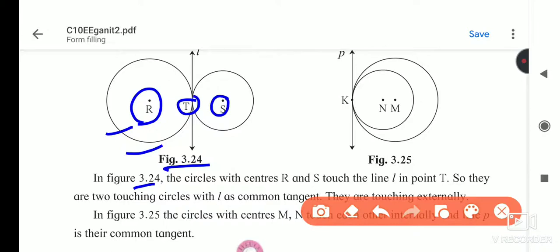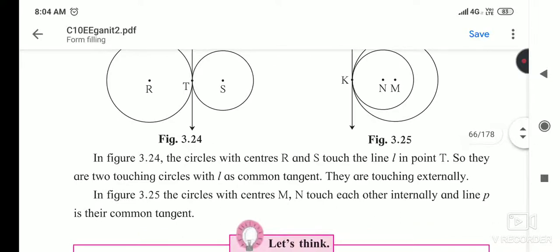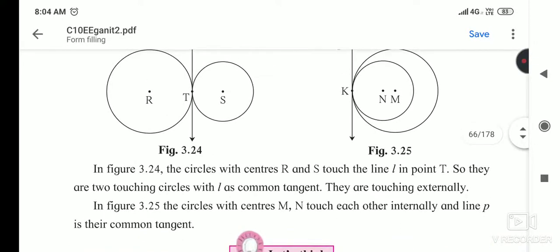Okay, with L as a common tangent. So this is the common tangent for this figure. They have a common tangent, and they are touching externally. So they touch each other externally in this figure. Okay, after that we will see the figure number